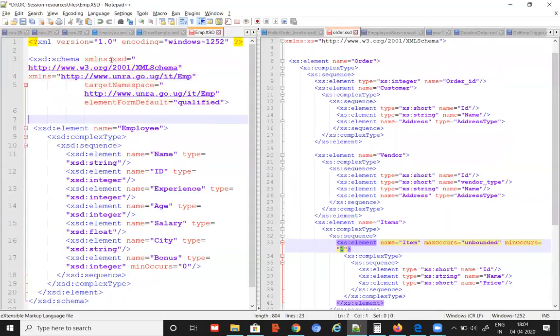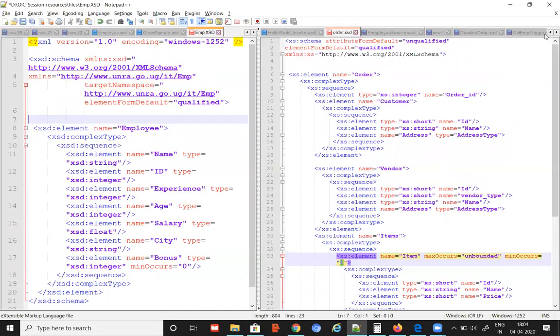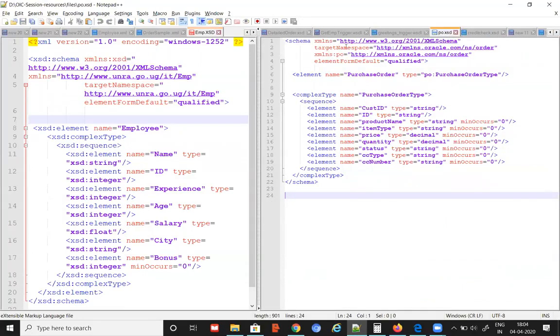See here, I was using xsd as a reference for calling this target namespace. But when I come to POXSD, I'm referring to that without any prefix. That is the reason when I come to my XSD document, I'm not using xsd colon everywhere. You see, I'm not using it anywhere like that. I'm putting string. It means anything coming from the target namespace, I'm going to refer to without any prefix.